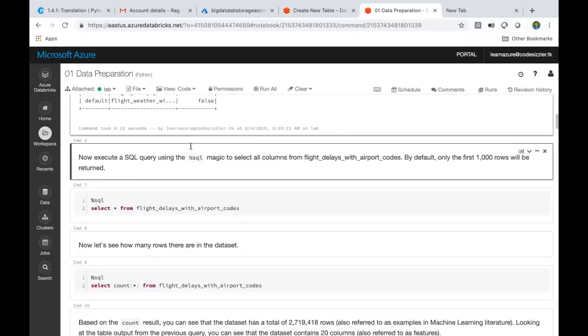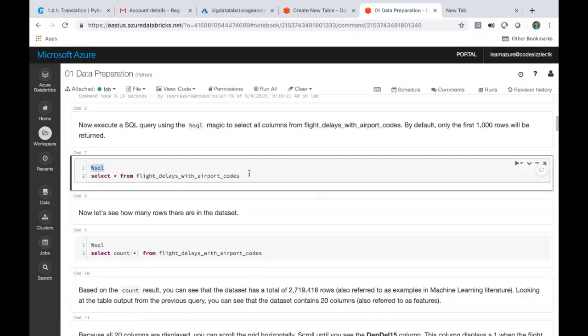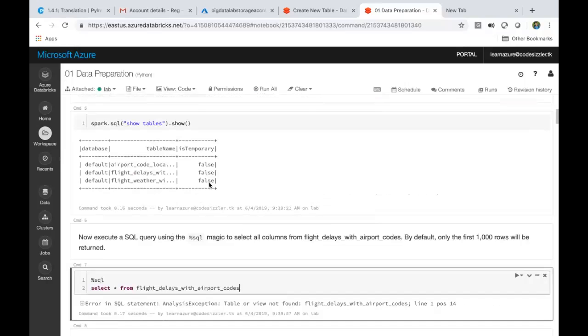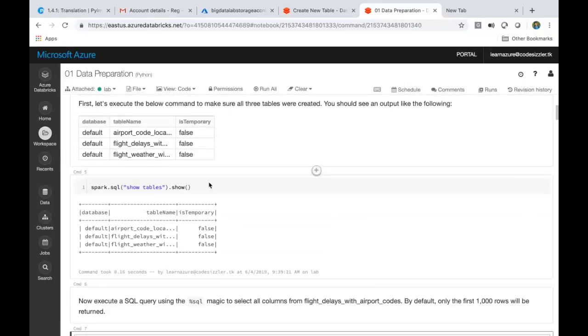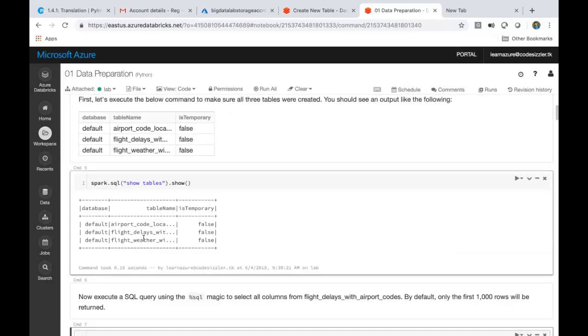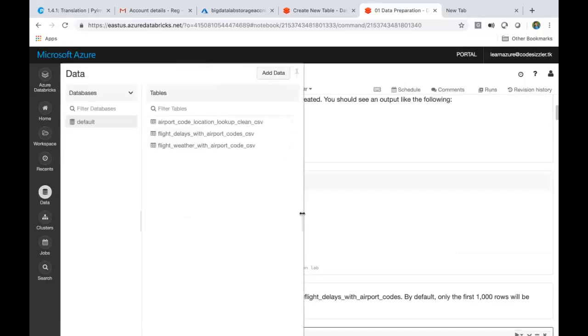And see, here I'm trying to read this table with %SQL. You remember this, right? We executed the code with %SQL. What happened to this? The wrong name. Right, the list with airport codes underscore CSV.